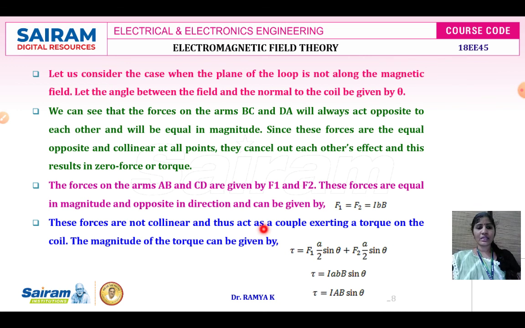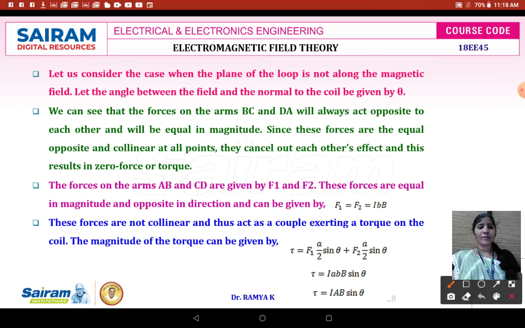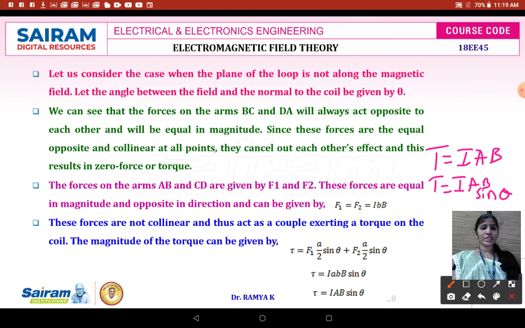So we consider static torque and dynamic torque. In the case of static torque, there won't be any acceleration, whereas in the case of dynamic torque, we will get an acceleration, that is, rotating about the axis. If the magnetic field is in line with the plane of the loop, then the torque is equal to I A B. If the magnetic field is not in line with the plane of the loop, then the torque developed T is equal to I A B sin theta. In the next class, we will see what is meant by a magnetic moment and problems with respect to the torque equation. Thank you, students.